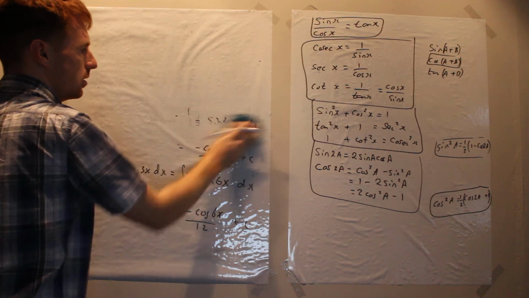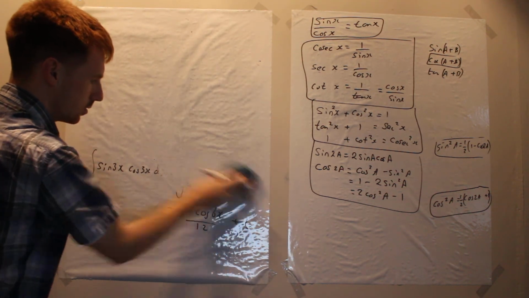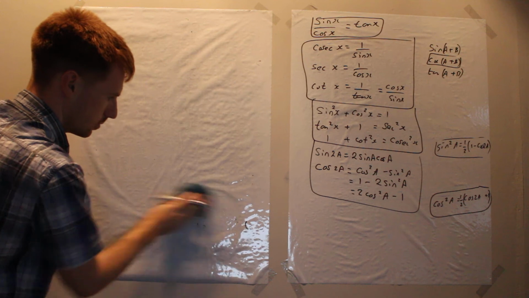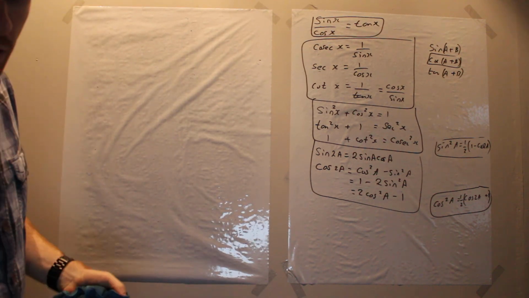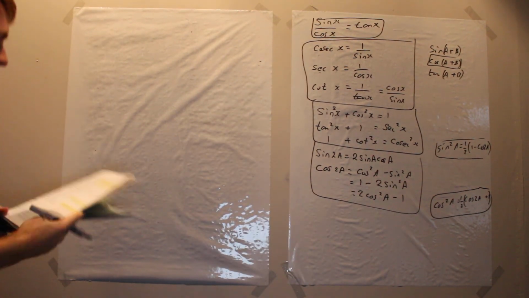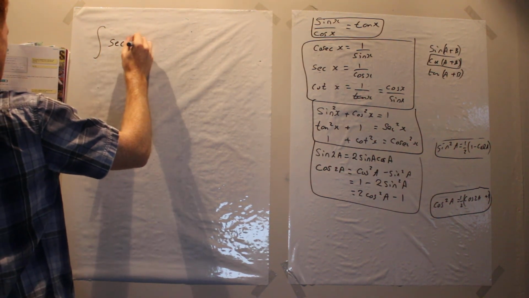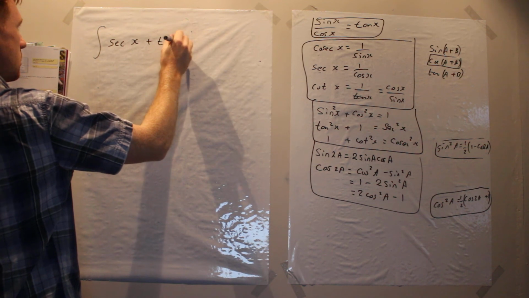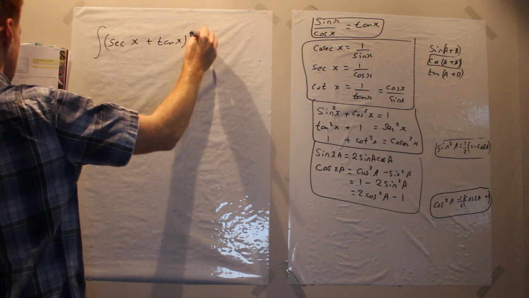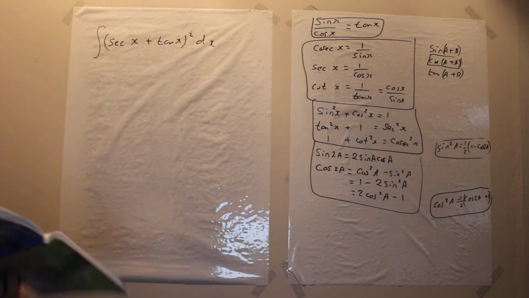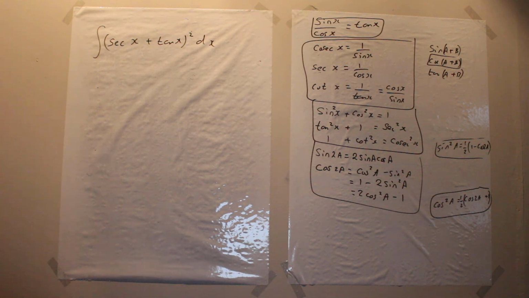Let's get rid of these ones. Okay, another one. This is part B of example 6. The integral of sec x plus tan x all squared dx. Now, if you were having a look at that and you weren't sure about what to do with it, you